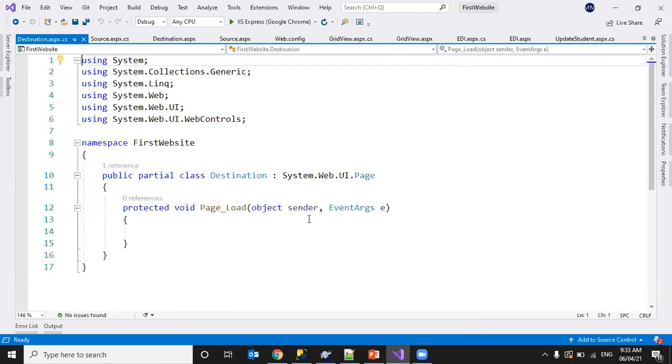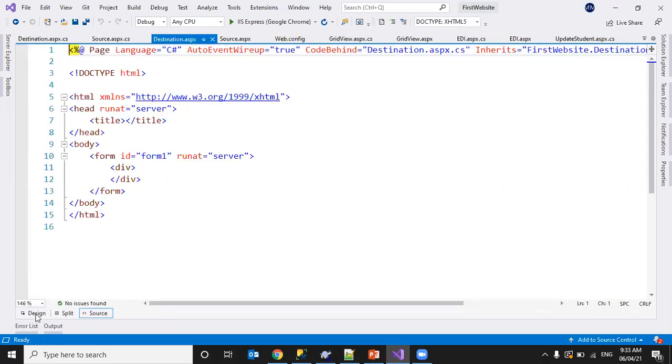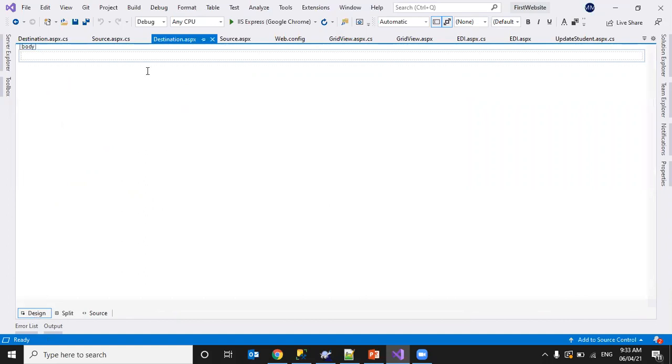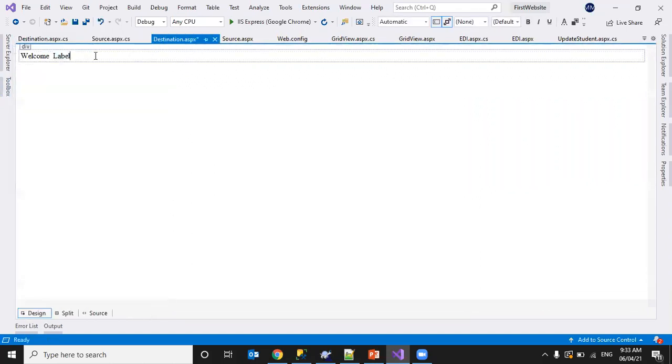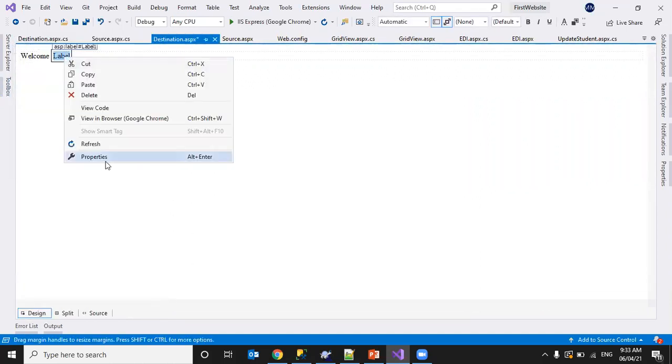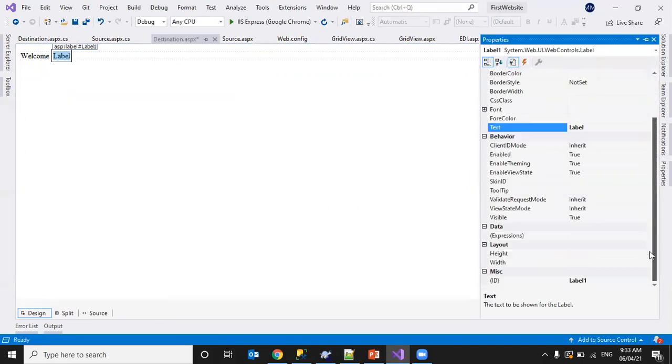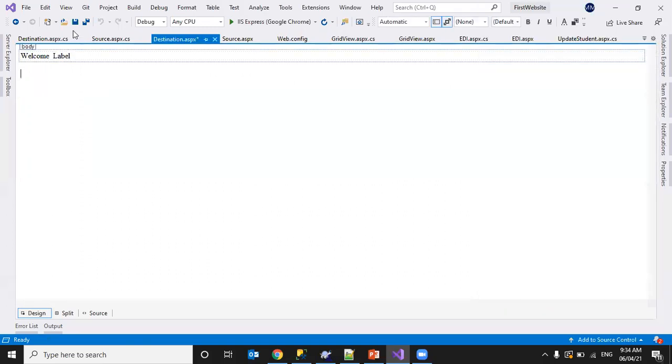In the page load, I want to read that information. I'll take labels here to display it. So, welcome, I'll place a label. I'll give an ID to access it, to set the text. So label name is my ID of the label to identify it uniquely.